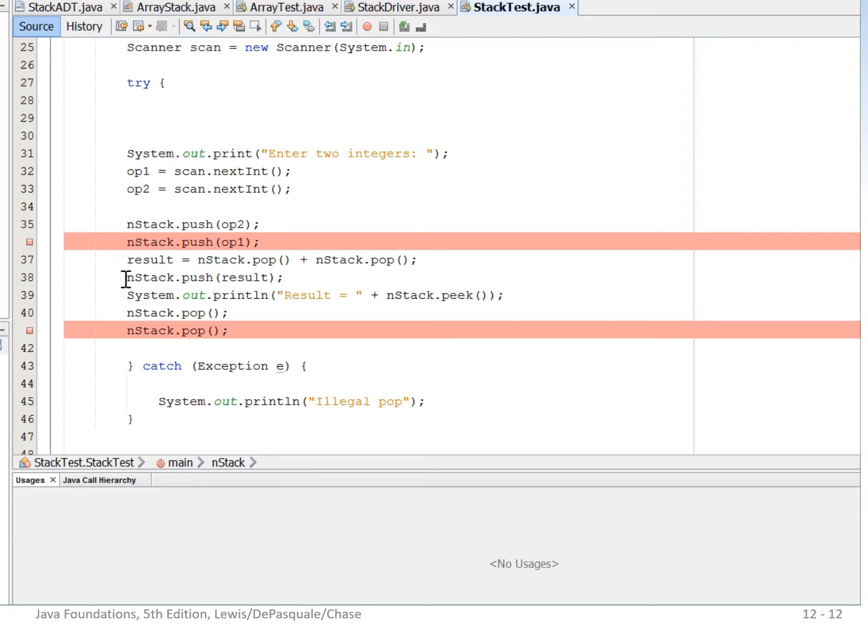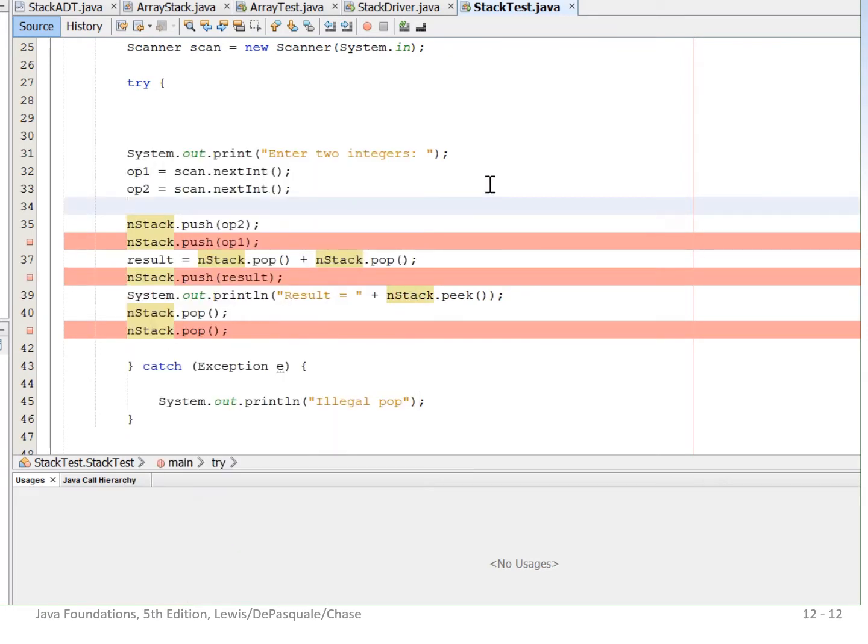I could even put a breakpoint here so you could see the stack at various states. And this is all in a try-catch block. And at the end, I'm going to pop the result off, and I'm going to try to pop again,